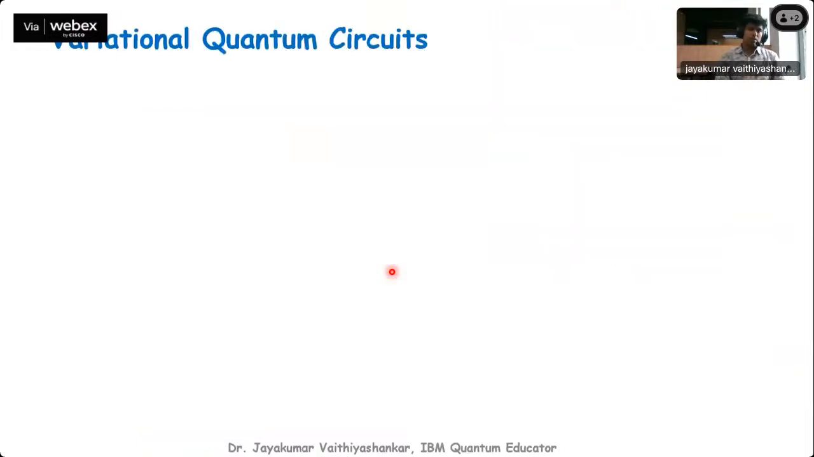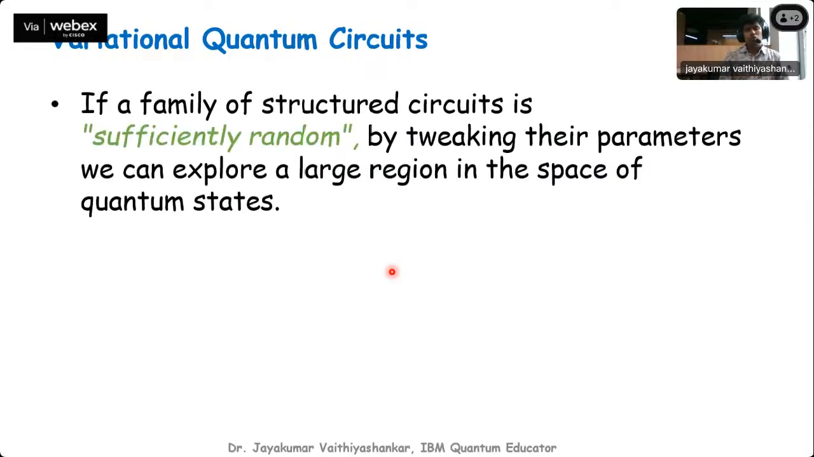So this is the topic we are looking for, variational quantum circuits. Each and every time we try to vary our circuits. So how is it constructed? A family of structured circuits is sufficiently random. How could it be sufficiently random? By implementing Hadamard gates